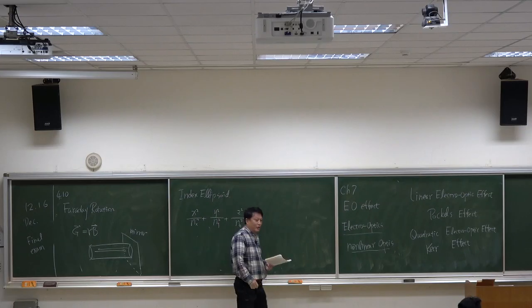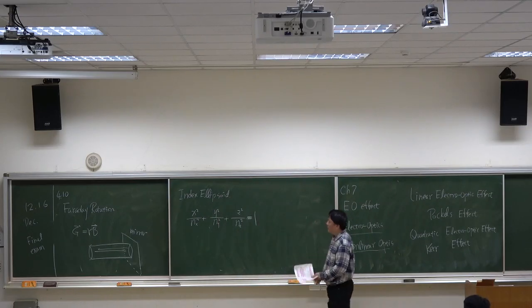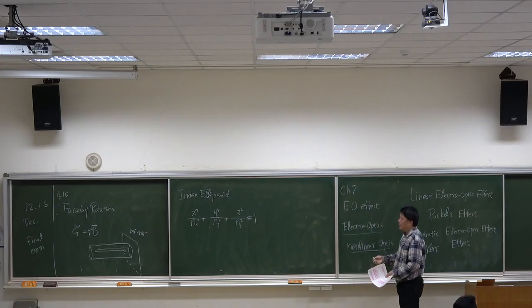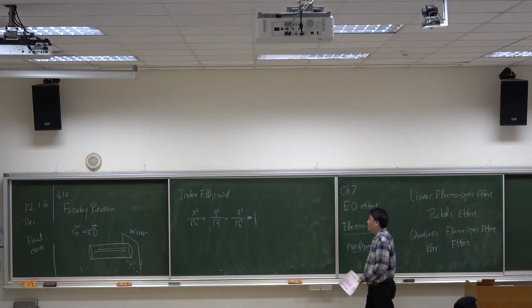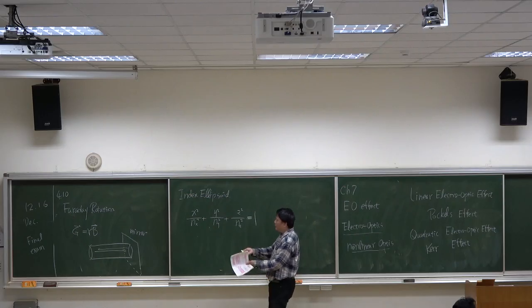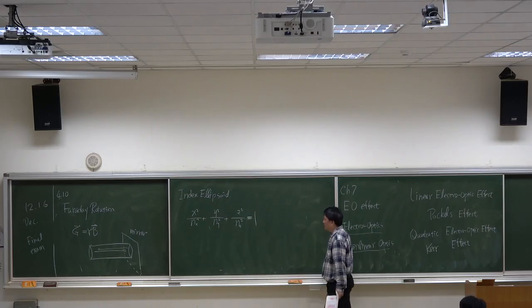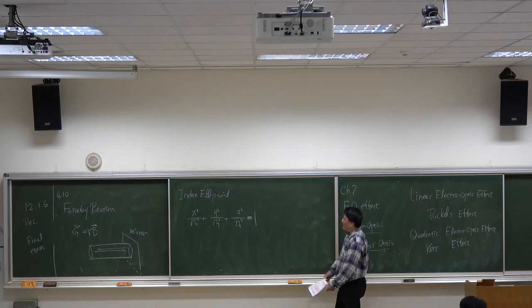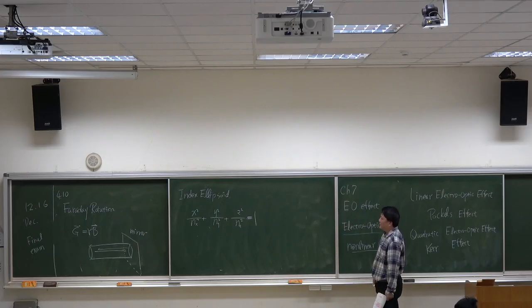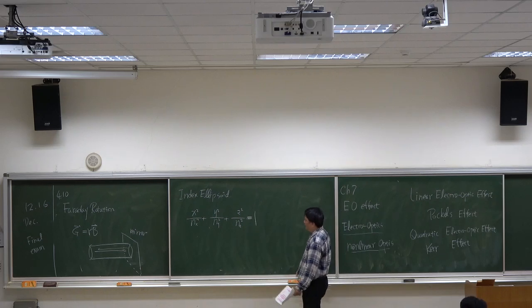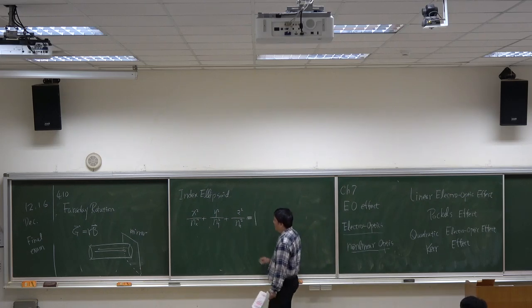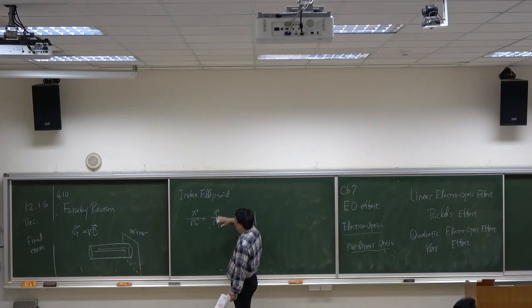Okay, we can use the index ellipsoid to find the polarization of the light and the propagation direction and how to predict the phase of the polarization state. Okay, and 我们这边